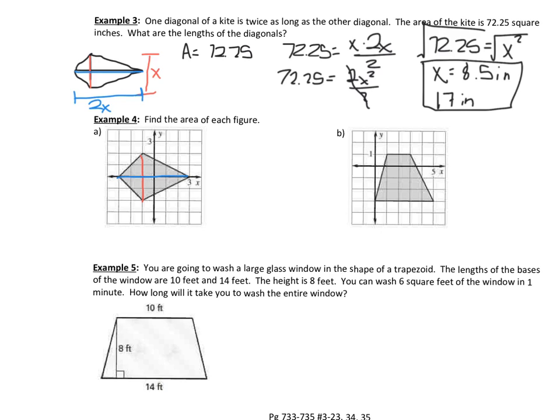So my red diagonal, I can just take that distance and count how many squares I've got. So I've got 1, 2, 3, 4. So that is 4 units. And then my blue diagonal, again, because it lines up perfectly with those squares, I can just count how many squares I have. So 1, 2, 3, 4, 5, 6. So to find the area,